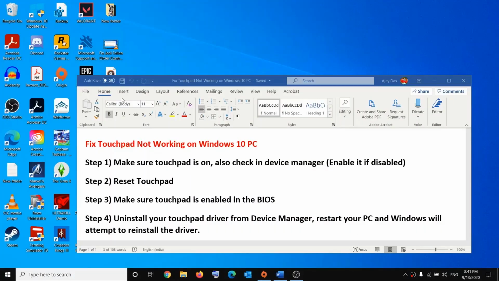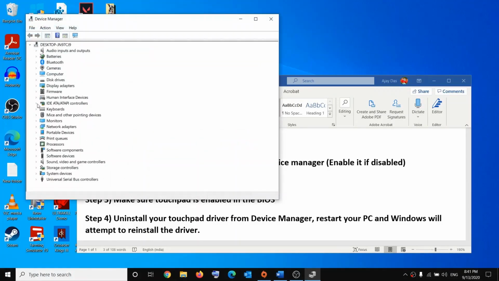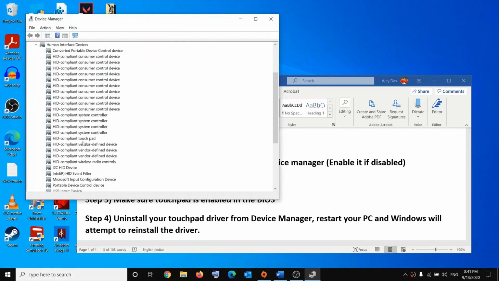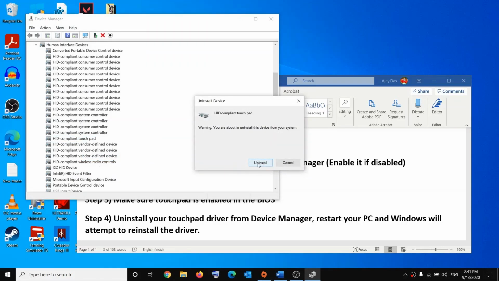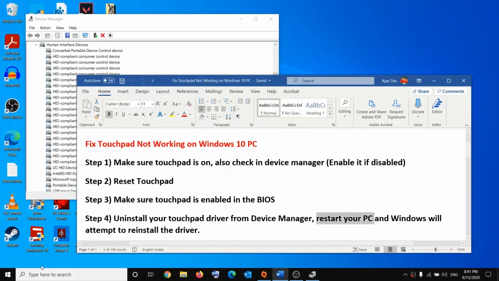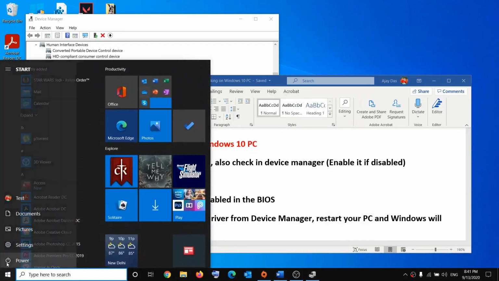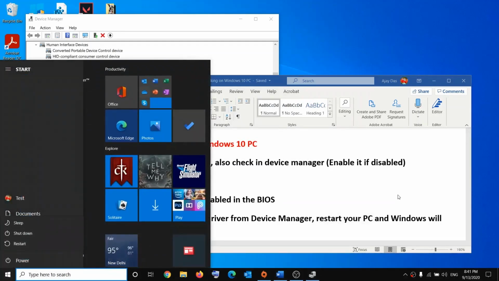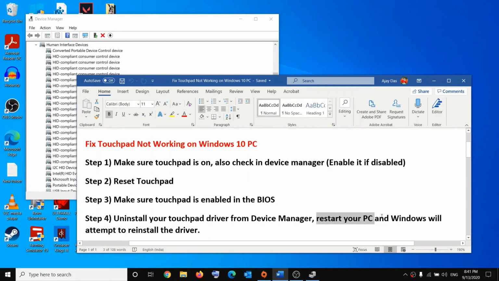Now still you are facing the problem, then uninstall your touchpad driver from device manager. So make a right click on the start menu, then click on device manager. Find touchpad and then make a right click on touchpad and then click on uninstall device. Then click on uninstall, and after the uninstall, restart your computer. So go to the start menu, then click on restart. And during the restart, Windows 10 will reinstall the default touchpad driver and that should go ahead and fix the